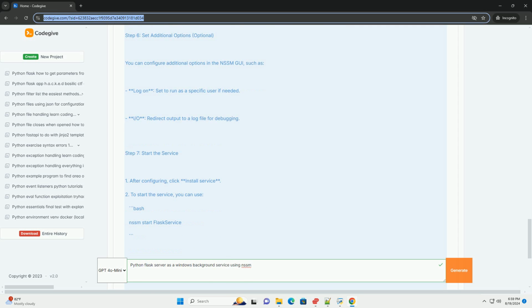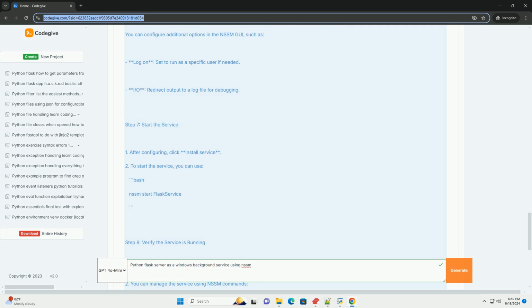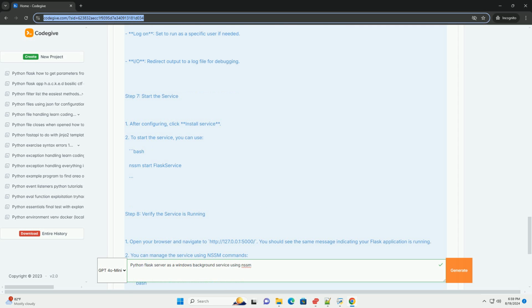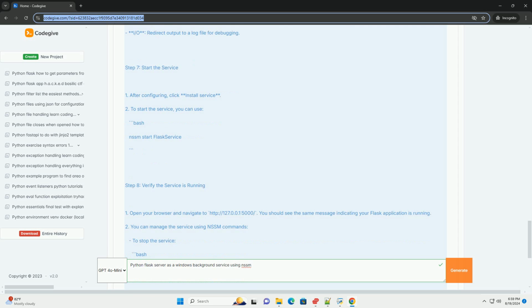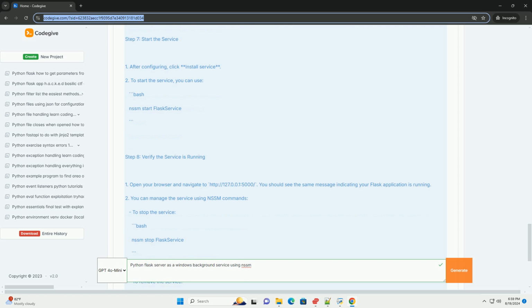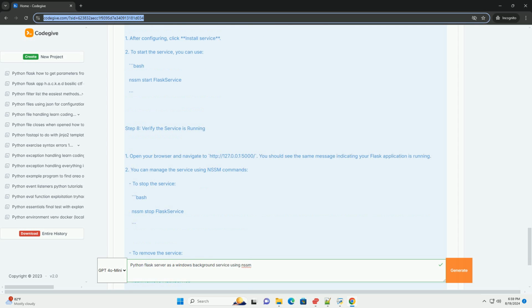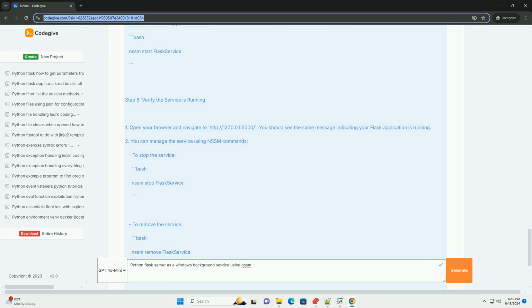Step 1. Create a simple Flask application. Create a new directory for your Flask application. Inside this directory, create a file named app.py with the following content: from flask import Flask, app = Flask(__name__), @app.route('/'), def home(): return "Hello,